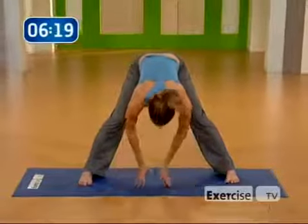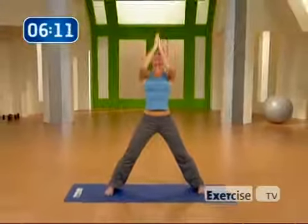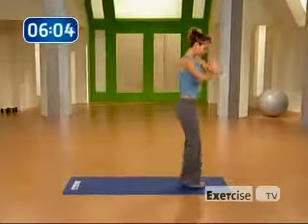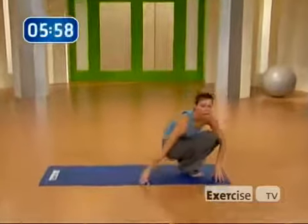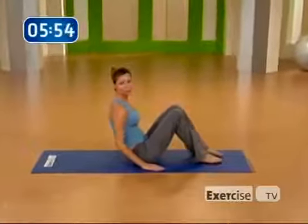And coming up out of our standing straddle split, bring your arms out to the side, reaching up as high as you can, and exhale your hands to heart center. And then turning onto your mat, bring your feet close together, and now you're going to have a chance to sit. But before we get to our final relaxation and our final restoration, we're going to go into a bridge